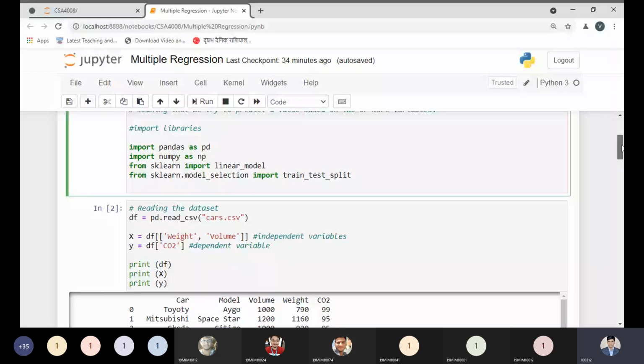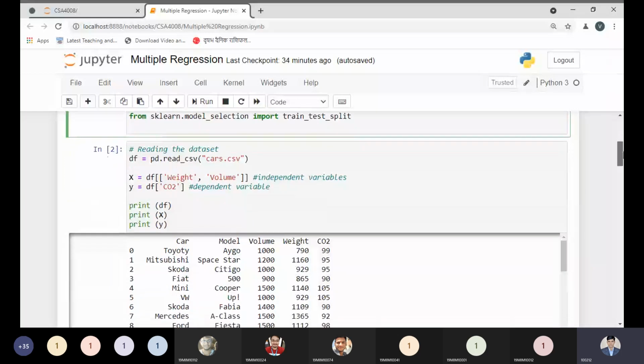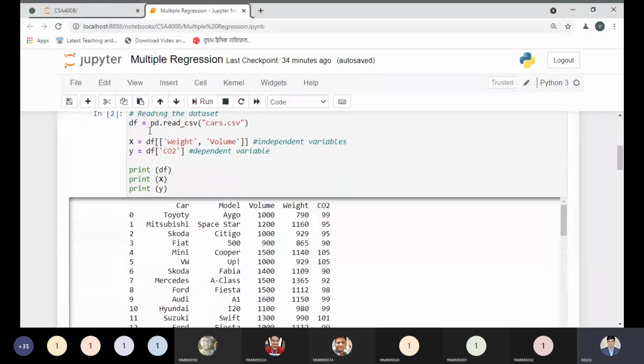Here you can see each and everything properly. So now starting the linear data set. First I'm reading the data set, with df as the name of the variable, and with the help of the pd object of the pandas library I'm reading this car.csv file, as I've shared in MS Teams as well. You can find it over there. And I'm getting the independent variable based information, those are the weight and volume. So I'm choosing the weight and volume columns, or features we can say, and I'm choosing CO2 as the dependent variable.